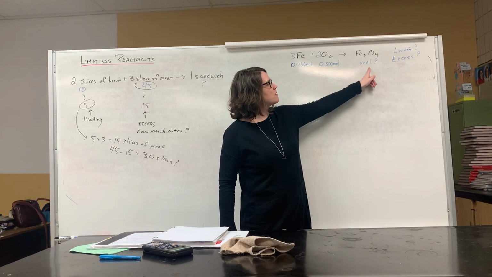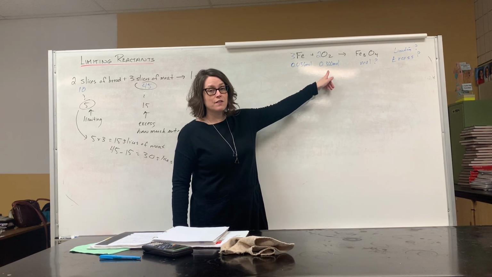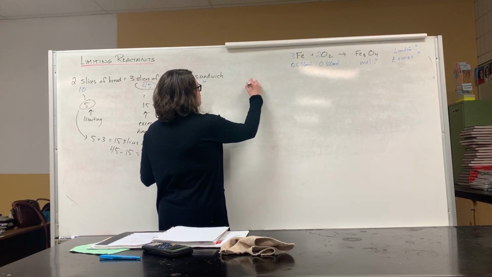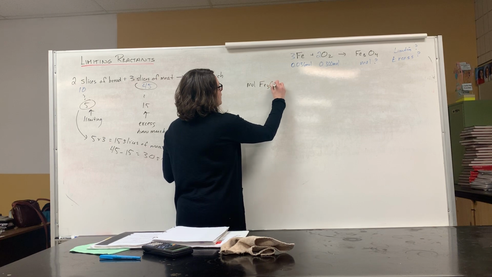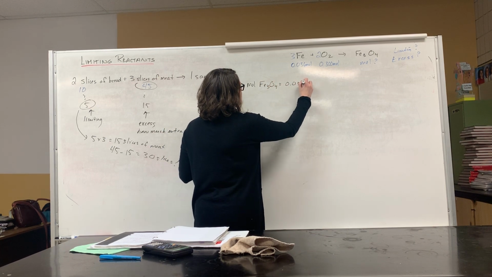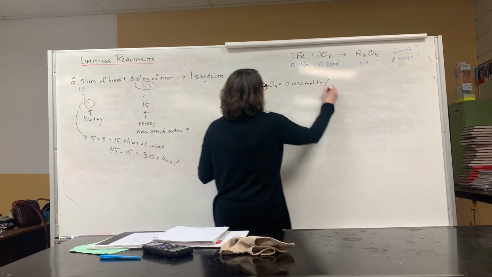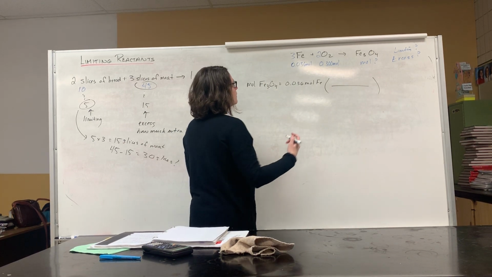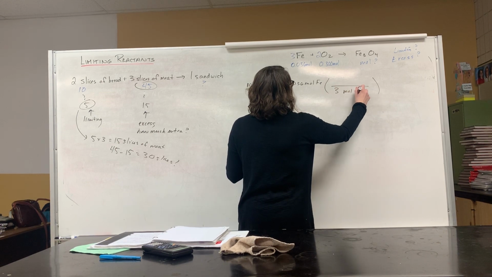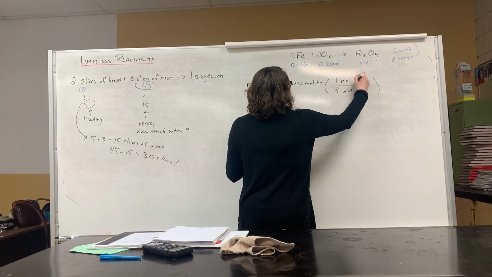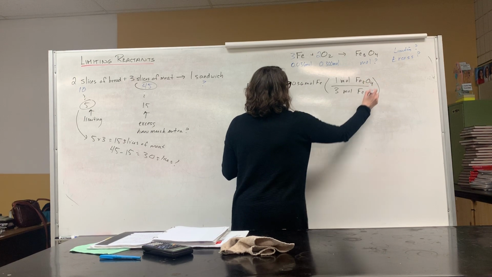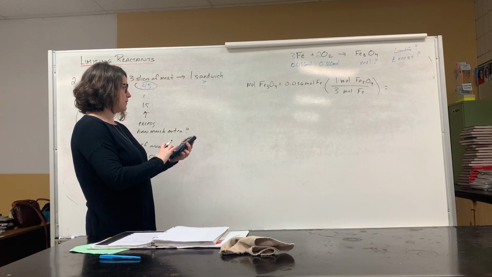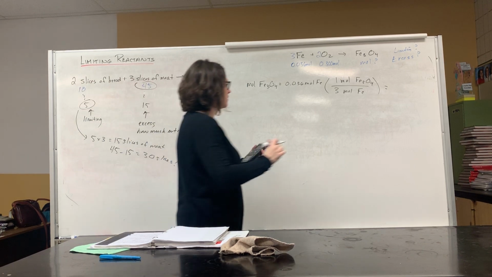Then we're going to find the moles of the oxide using the oxygen gas information, and then we'll chat once we get there. So moles of Fe3O4 equals 0.036 moles of iron. Now I'm going moles to moles, so I just need to multiply it by the mole ratio, only one bracket. So 3 moles of iron on the bottom, 1 mole of the Fe3O4 on top, and you get 0.036 divided by 3,